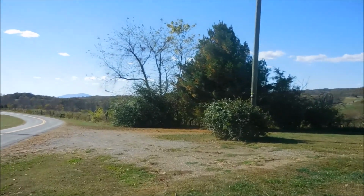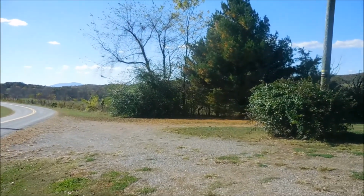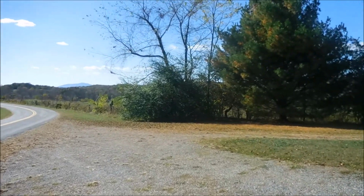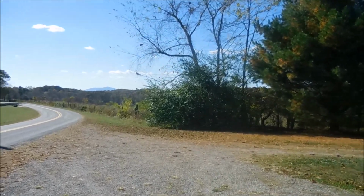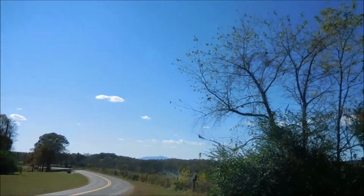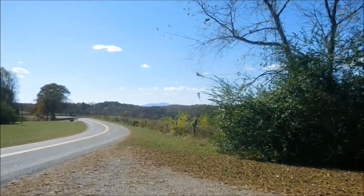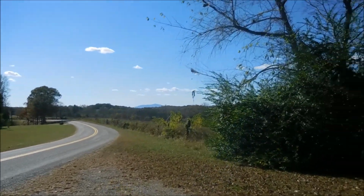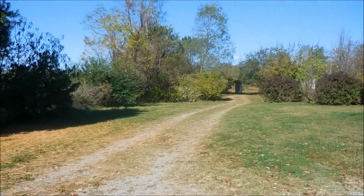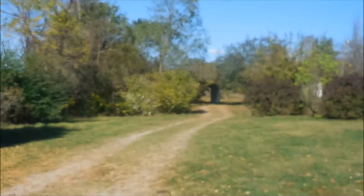Just trying to show a little of the view. There's a little parking area here, and then walking down where that big tree is, just beyond that is the fence line and the property line. It's probably maybe 10 to 15 to 20 feet from the driveway, and it follows down. I think I'm going to pan the camera over to the right here and show that, and then that's about it. That's the driveway back to the carport where I started, and beyond that is the back lot, which I really didn't walk through,